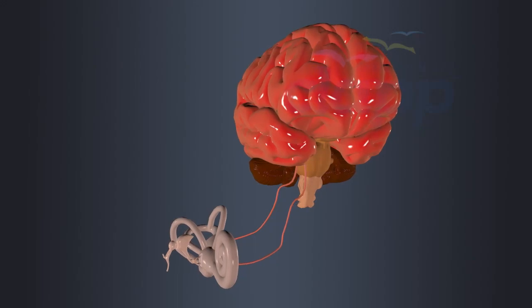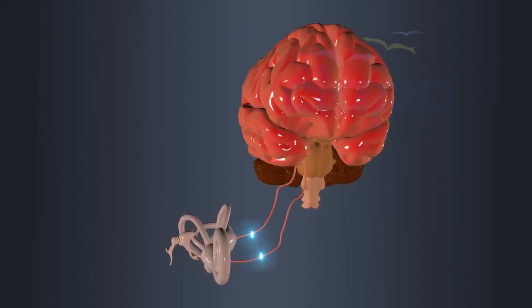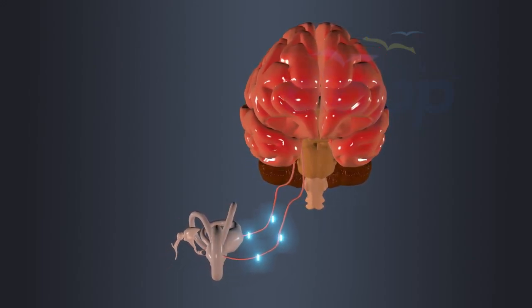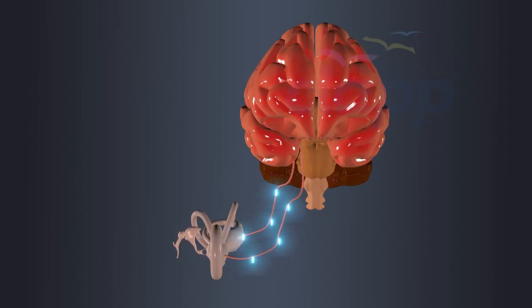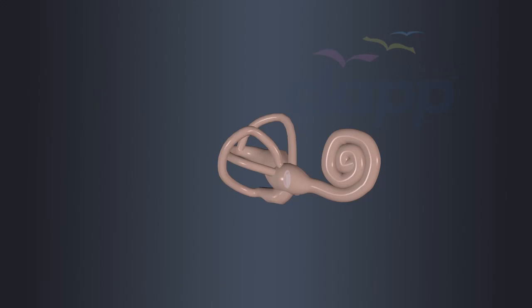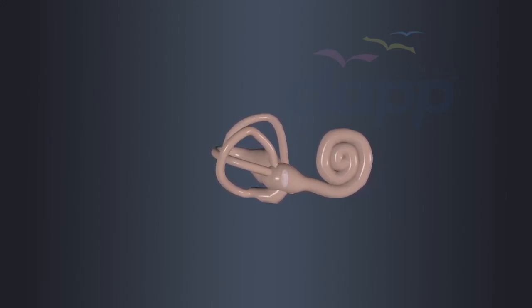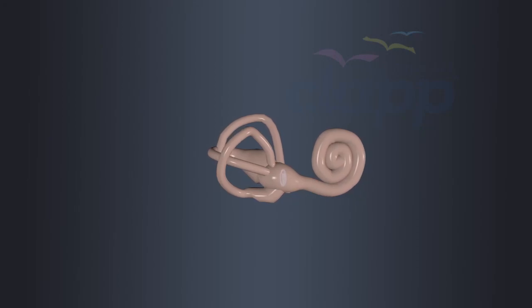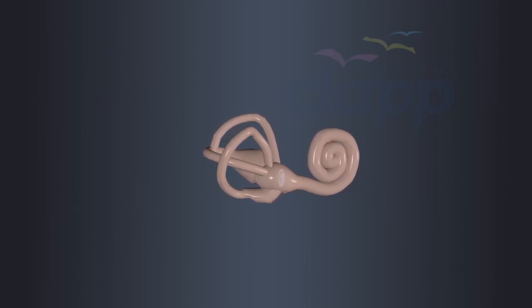The information from the vestibular system is sent to the brain to help us maintain balance, stabilize our gaze, and coordinate movements. Together with the cochlea's hearing function, the inner ear is essential for our overall sensory experience and spatial